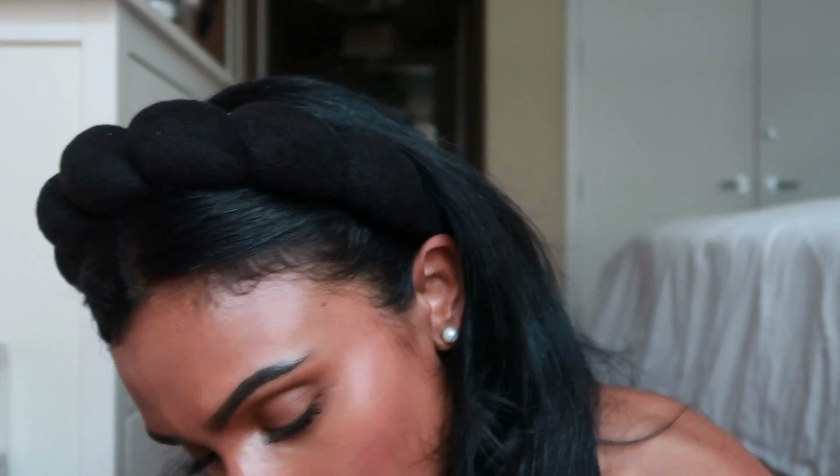I wanted to really love this, but I feel like it's reading a little whitish on me. I don't know if the shimmer is actually dark enough. I don't hate it, but I don't love it. I think this one's actually a miss for me. I don't think I would use it as a topper or every day. But why don't we go to number